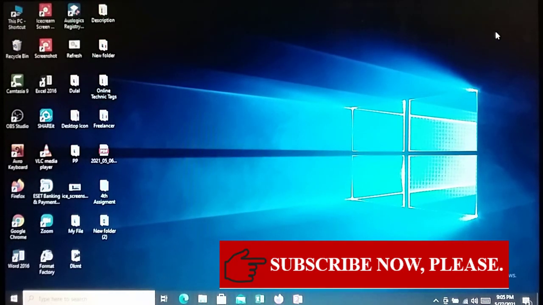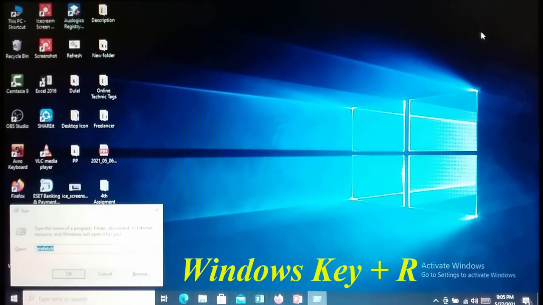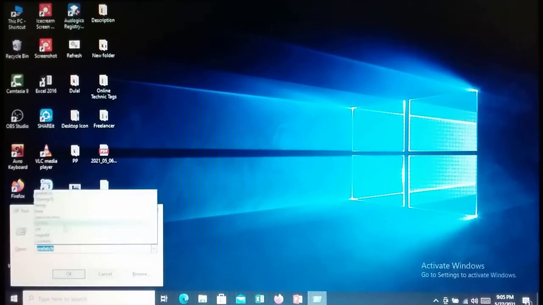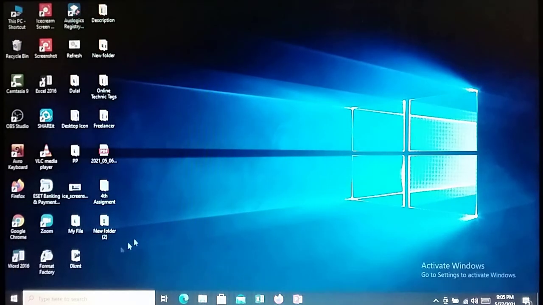After deleting, press Windows key plus R again and write in the box "recent", and at last click on OK.